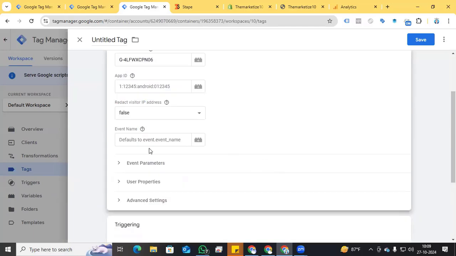So if you scroll, here you will find the event name. Here is a question: how do you put your event name? Because we have to set up the browser-side tracking for each and every event like page view, view item, add to cart, begin checkout, purchase. So we have an option to put each and every event name here. How can we do that? Just